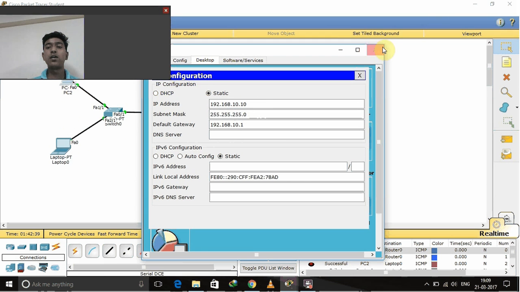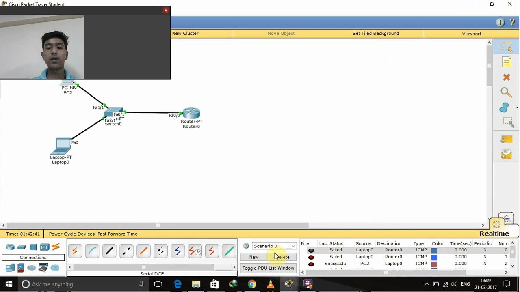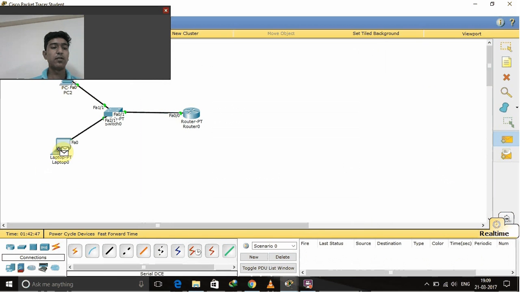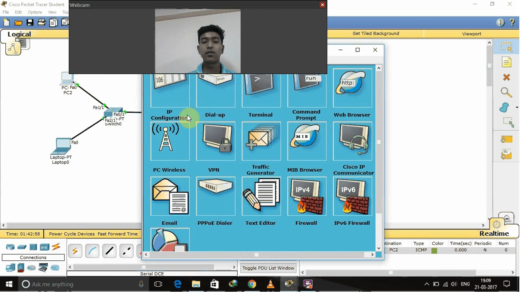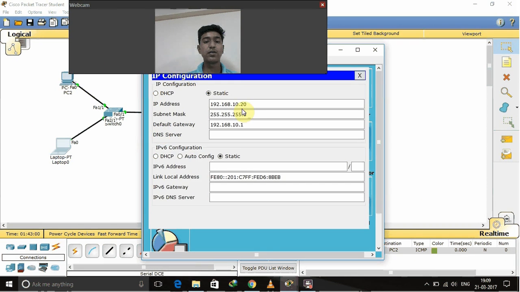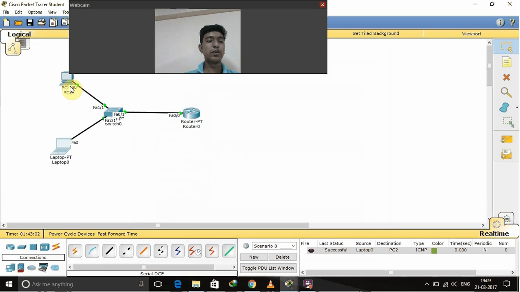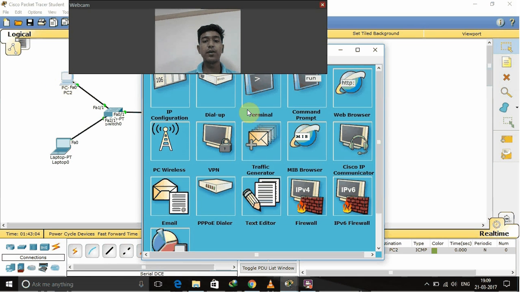Now if you want to ping the PC, you can see and then ping. You can see that the connection is successful. Now I will show you the ping. This IP address is 192.168.10.20.